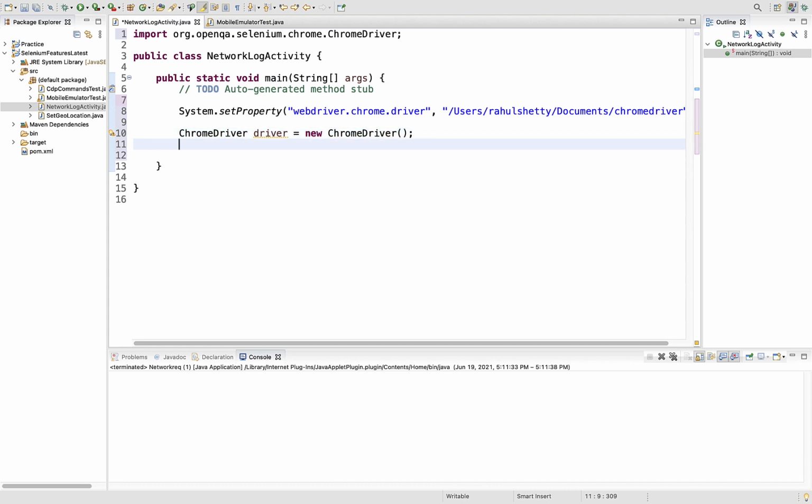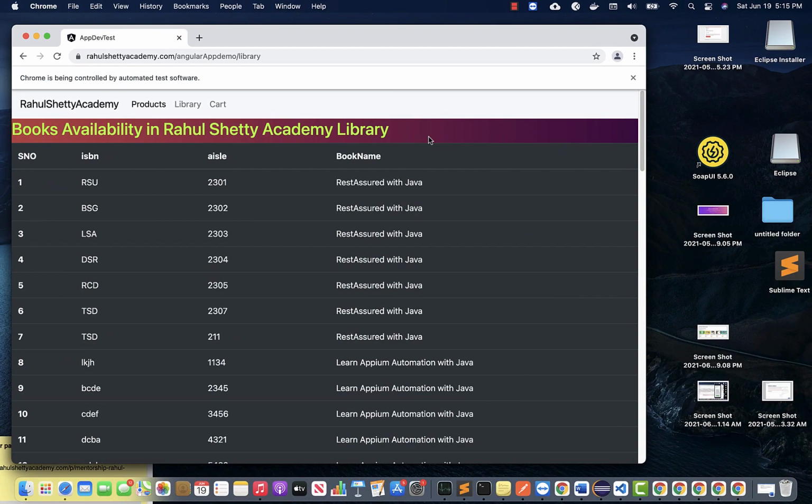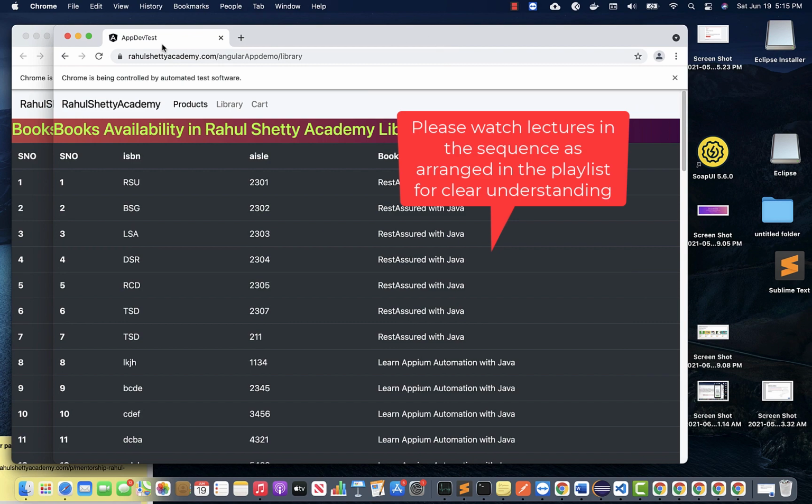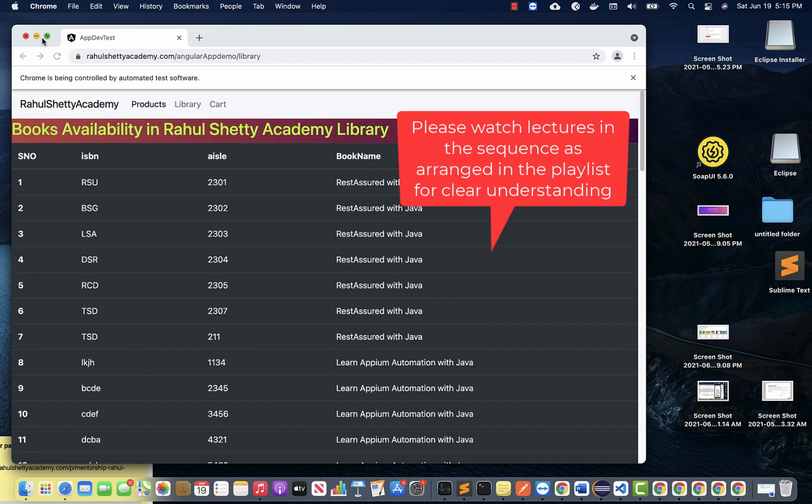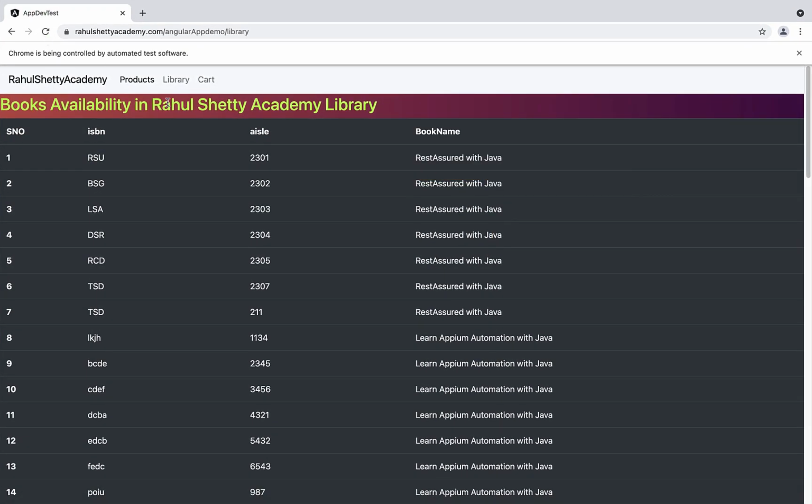In this lecture, I will show you how to log network activity on your web application. You should be able to log all API requests, responses, and all activities that happened on your web page. This is one of the very important features which many in the community are looking for from Selenium, because that will help you understand where exactly things went wrong when you see a failure in your Selenium